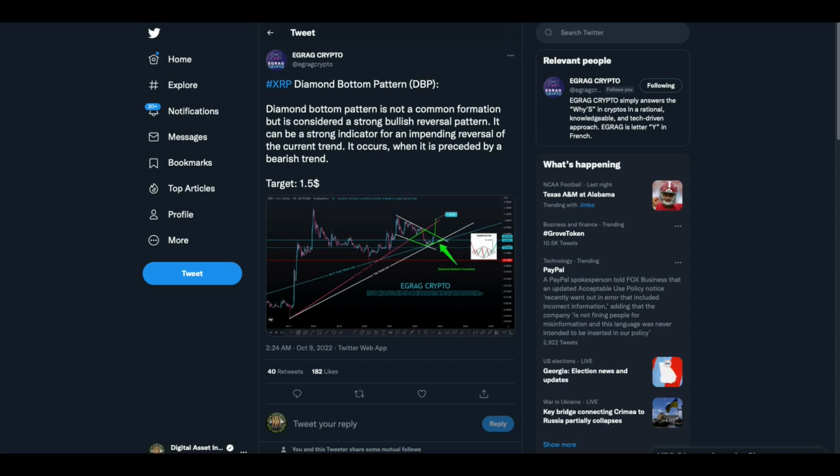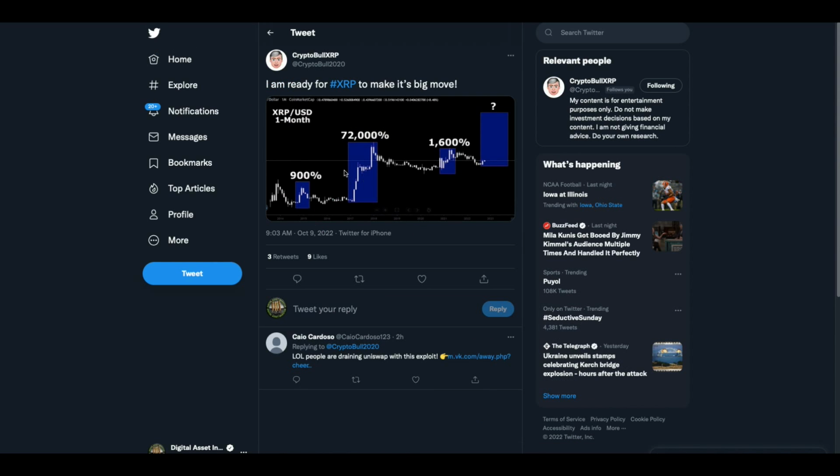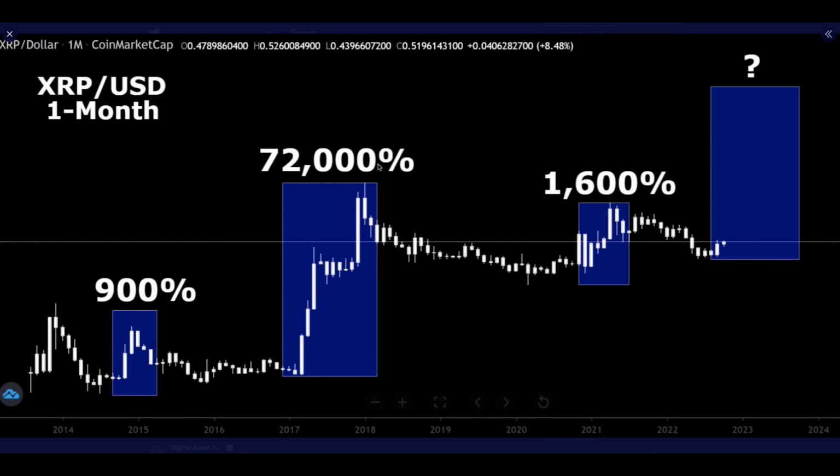I'll take it. Then Crypto Bull. This is interesting right here. I'm ready for the XRP to make its big move. I've been through all of this, folks, and this was kind of exciting. And what's even more exciting to me is that when this 72,000% occurred,